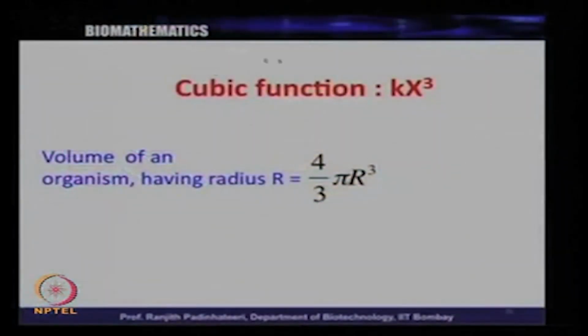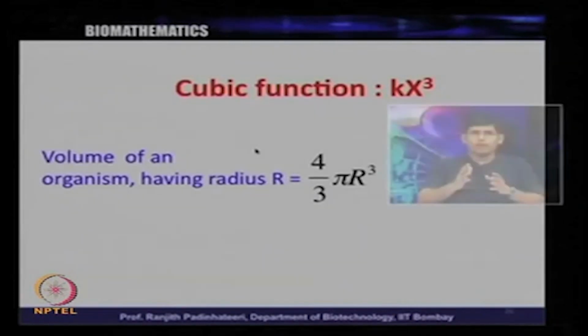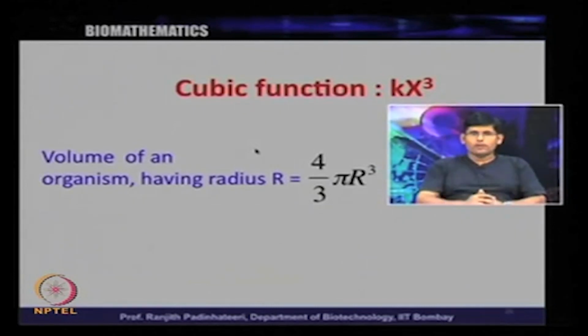The cubic function is basically 4 by 3 pi r cube, which is the volume of an organism, for example, having radius r. So, you could think of other examples where the biological property goes like a cubic function. Now we understand x square and x cube. We could also imagine x power 4, x power 5, x power 6, x power 7. Now that we are familiar with this, you could plot all of them,